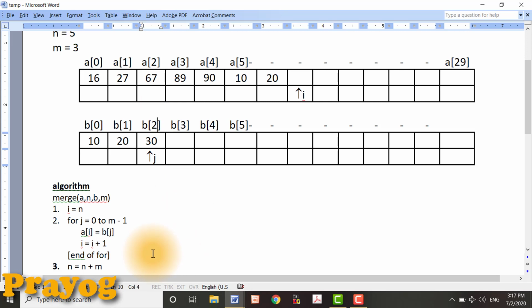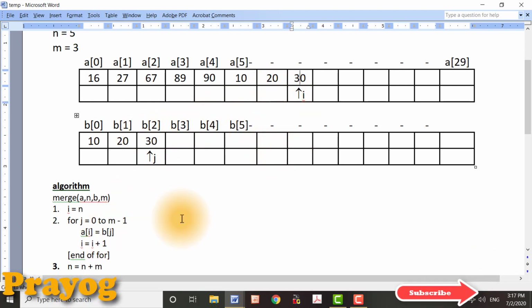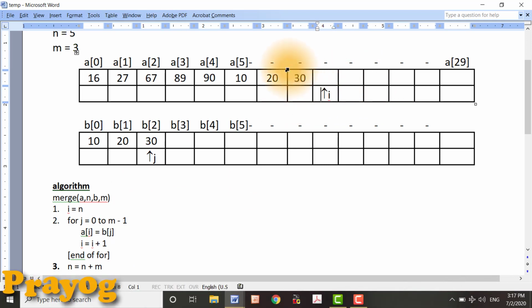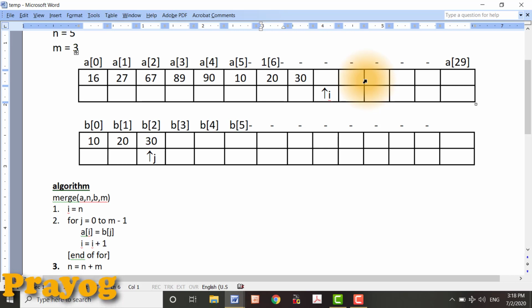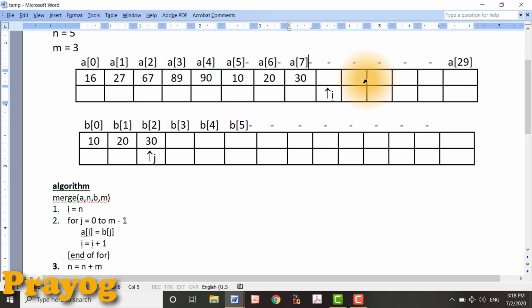Next, A of I is equal to B of j, that means 30 is going to be copied to this position, and again I is equal to I plus 1. I moves over here. Note this position is going to be 6, this is going to be 7, and so on.